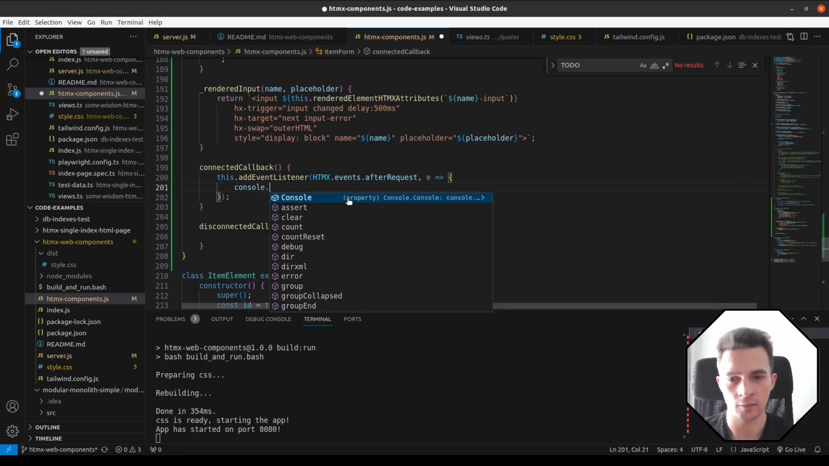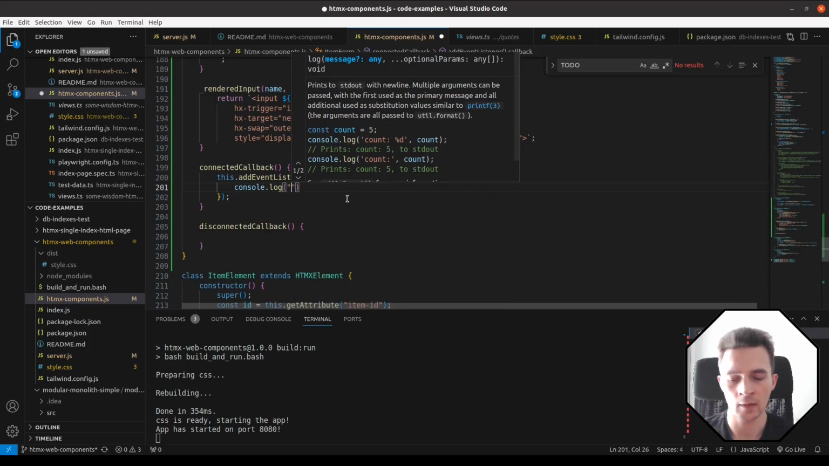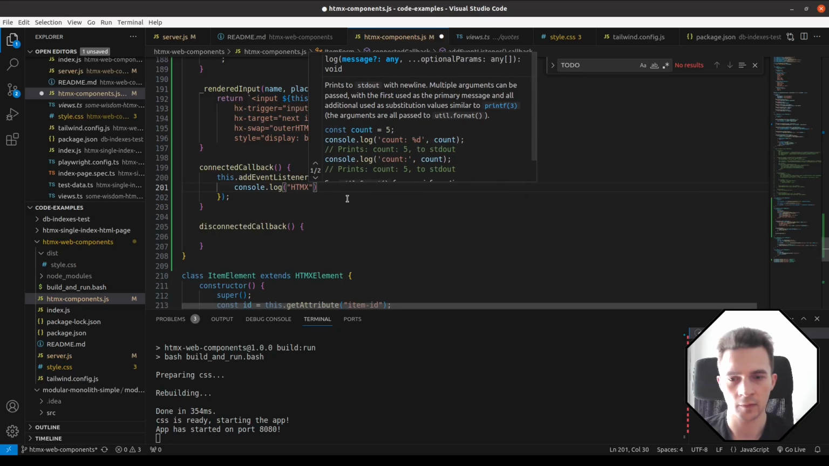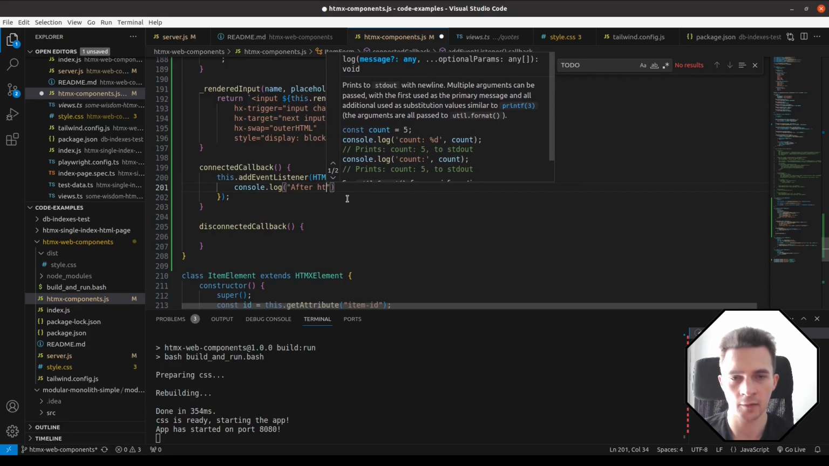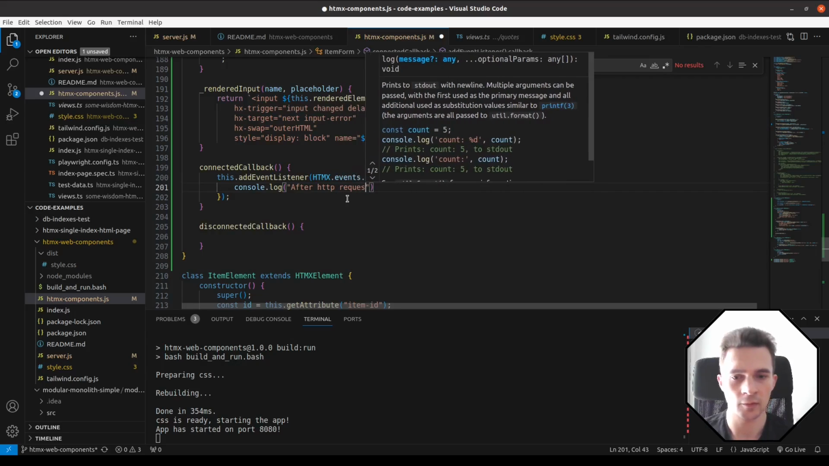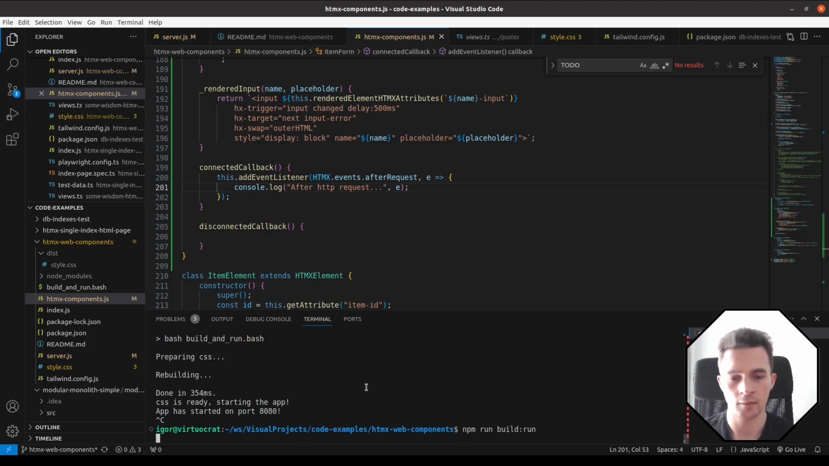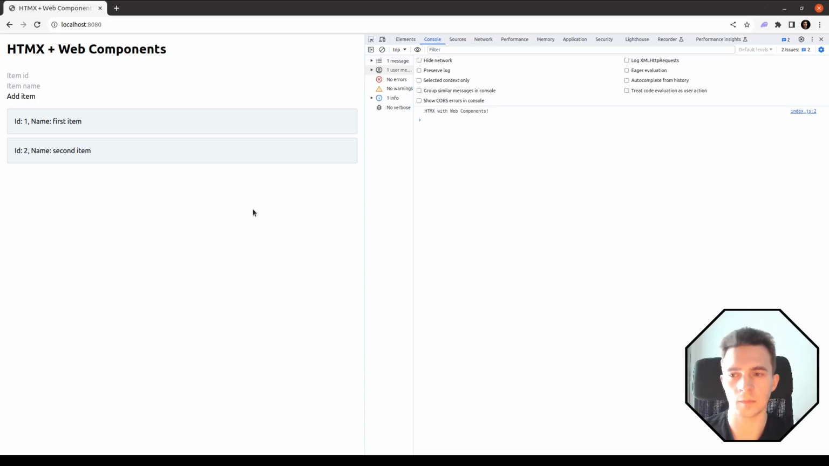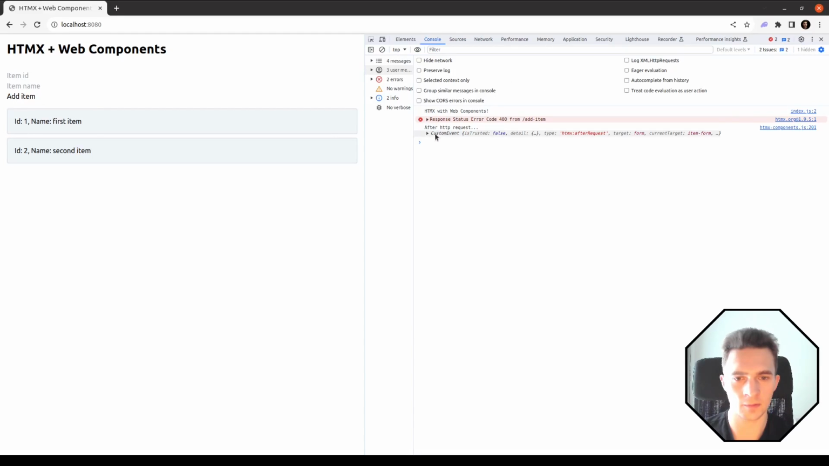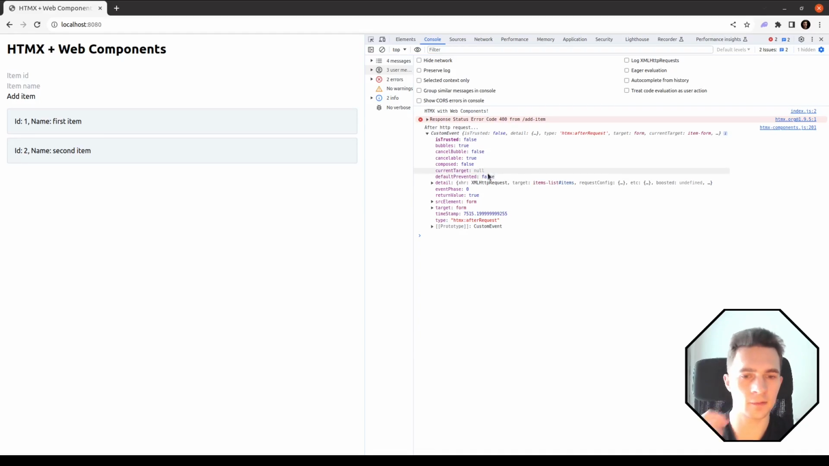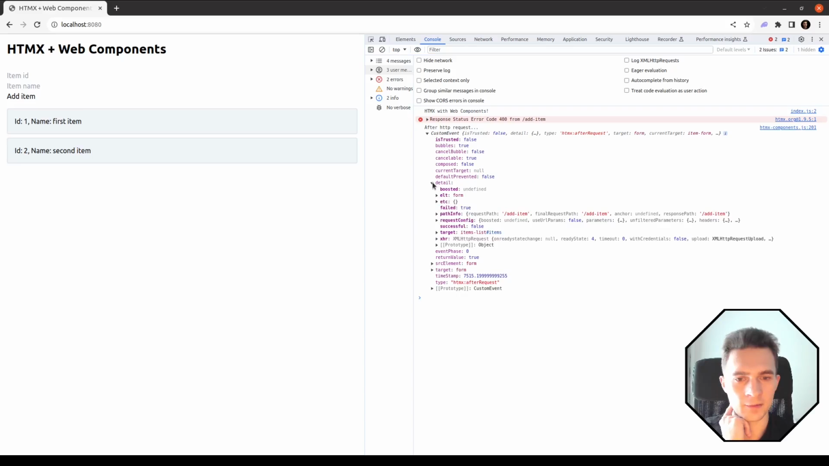So let's do HTMX after HTTP request, something like that. Okay, let's run it. So we have a listener, so let's execute this, and after HTTP request we have the detail, as you can see,